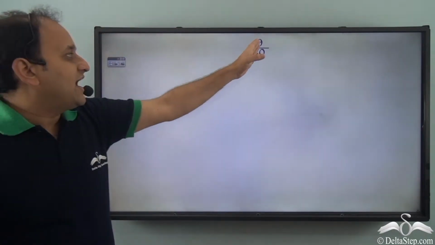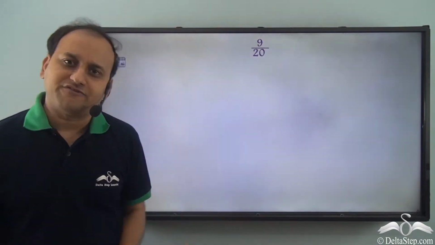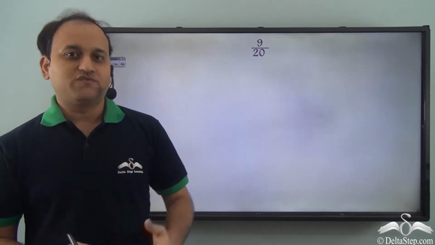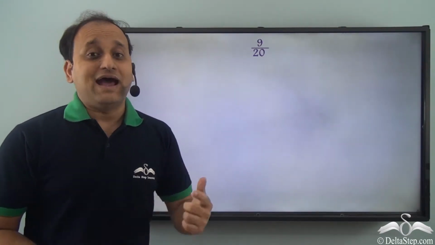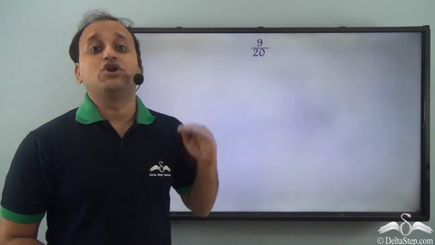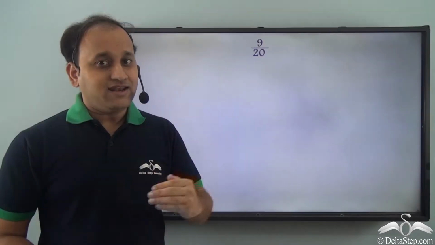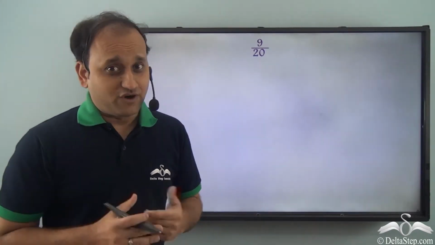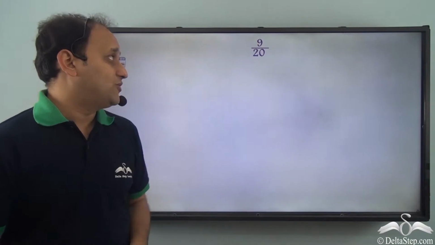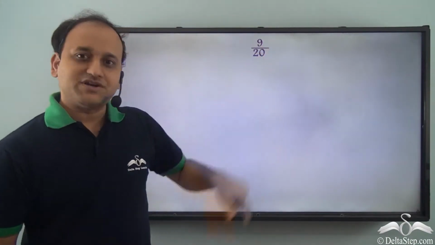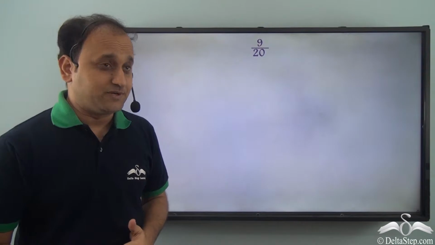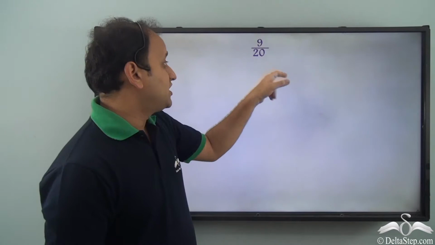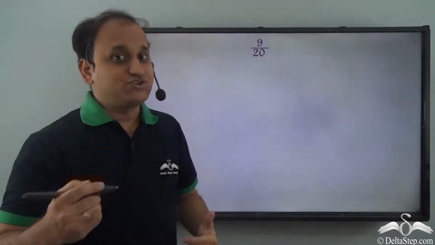So if we have 9 by 20, if we have such a fraction, can we convert it into percentage? Well, we can. So what will be the approach? We know that for percentage, we need the denominator to be 100. And then the value which we get as the numerator is the percentage which we want to calculate. So in case of 9 by 20, how do we get the denominator as 100? Well, it's very simple. We'll have to find the number with which if we multiply, the answer is 100.